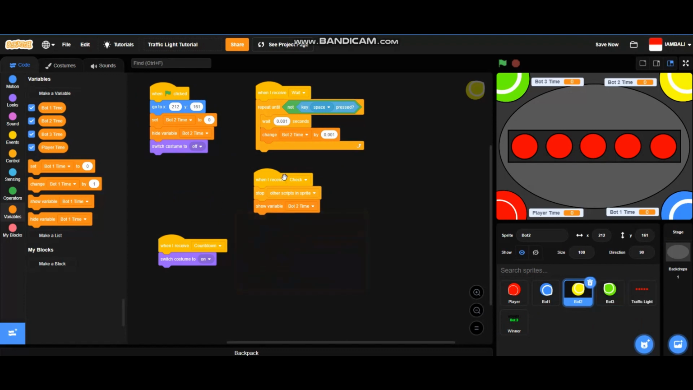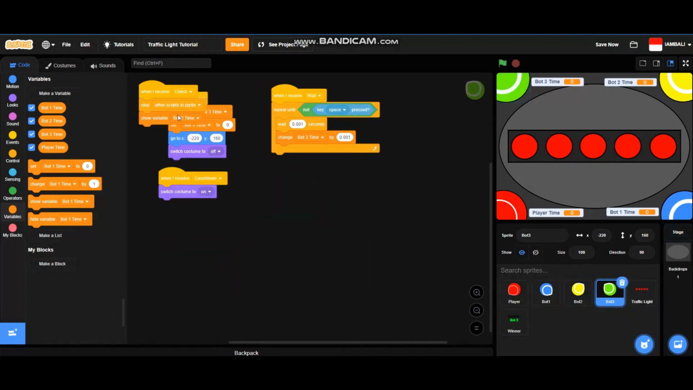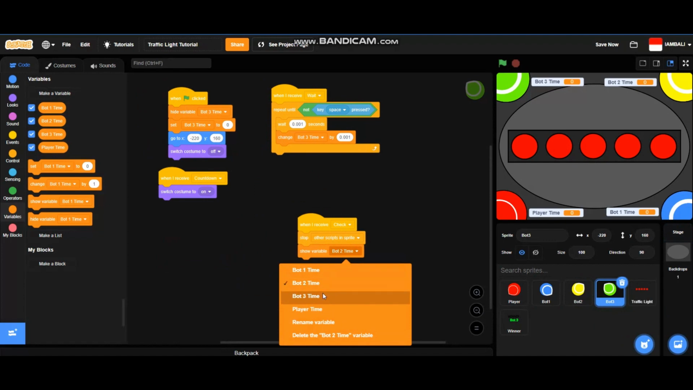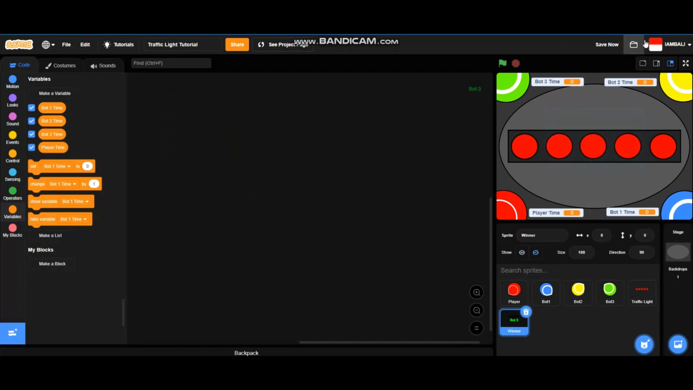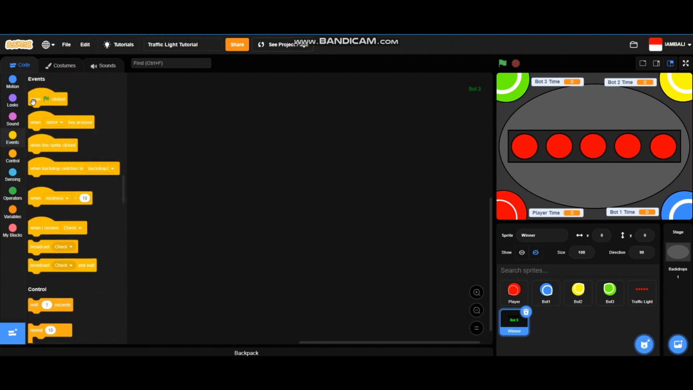Bot 2, bot 3. Okay, and then we're going to go to the winner sprite. Okay, so first, when green flag is clicked, it